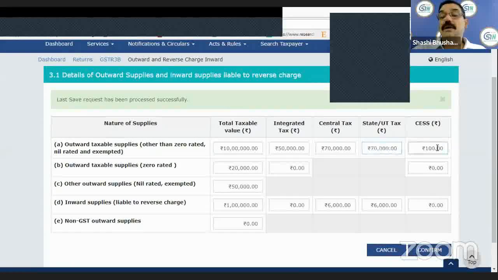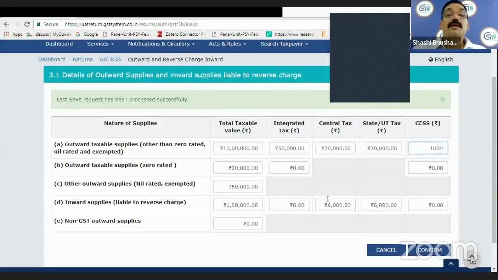And the cess I'm required to pay is 1,000. Now, on the next row, you are required to declare your outward supplies zero rated, that is supplies to export and supplies to SEZ, which is 20,000 here. The value, you can increase it